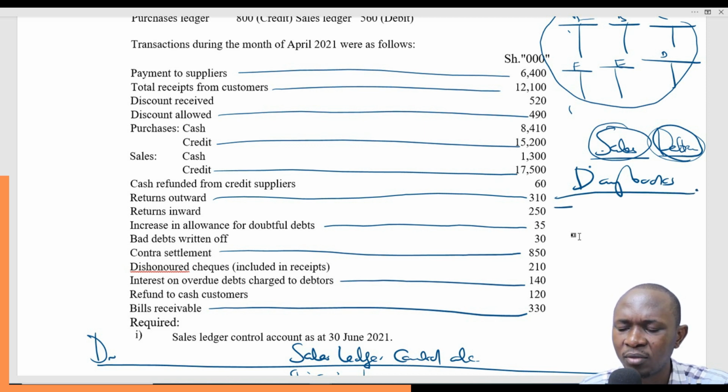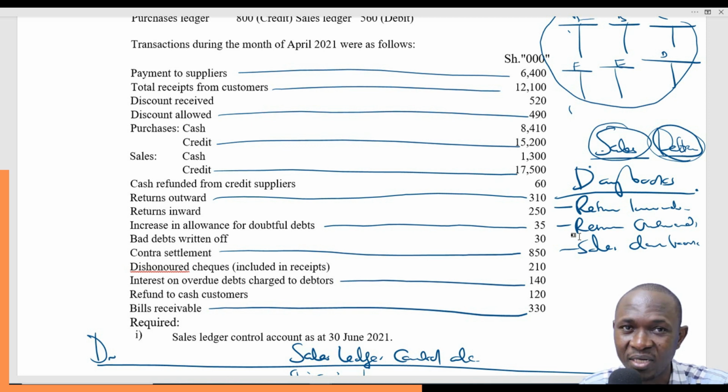Some of the day books that we have include the return inwards day book, return outwards day book. We have the sales day book, a book that is used to record all the sales that have been done on credit. Then we have the purchases day book,